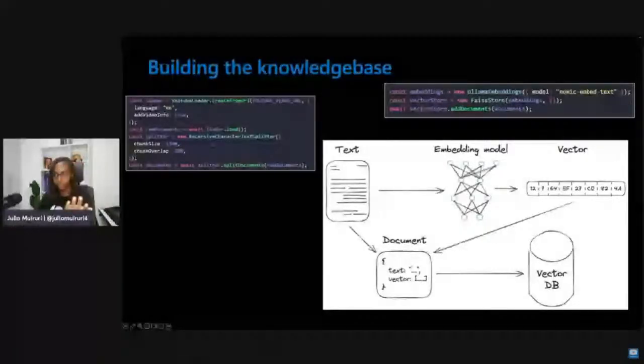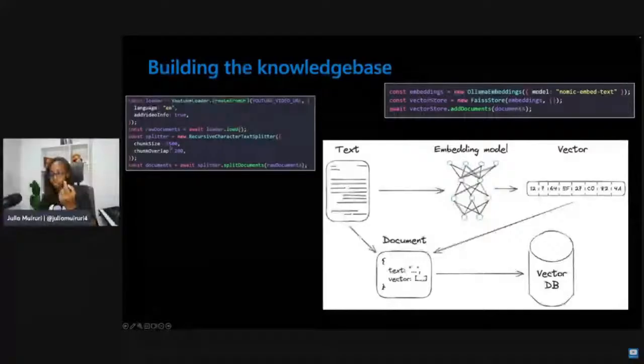So when you're building a knowledge base, it's not like one full document. You basically slice it up into smaller chunks, and so you don't have to worry about implementing that entire complex workflow, because the framework that we're using in this case, LangChain.js, is actually taking care of all that behind the scenes, and it's just giving you methods you can call to easily abstract away all these steps. So you can see that we're easily just passing in the YouTube transcript. We're telling it, hey, I want you to split this into chunk sizes of 1500 characters, and then store these chunks in documents. That's basically all we need to do to build the knowledge base.